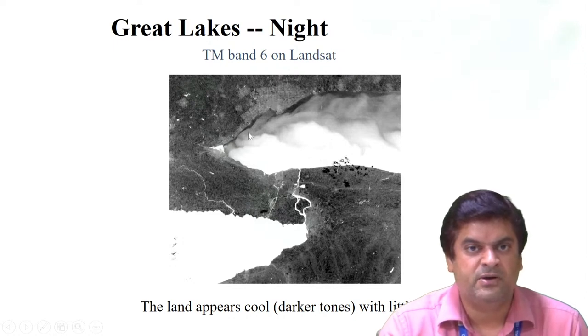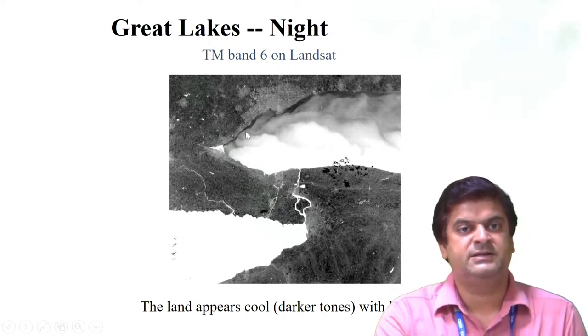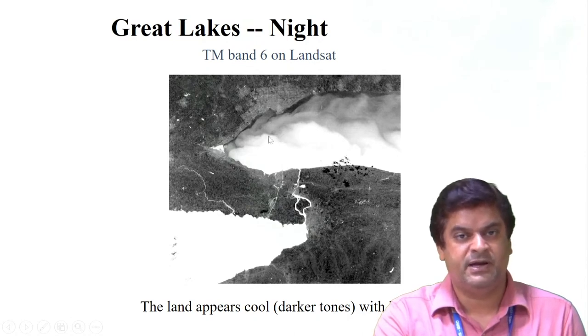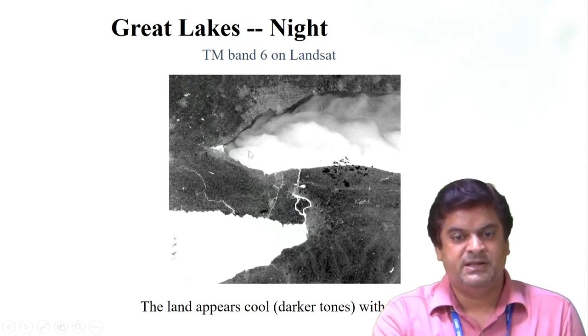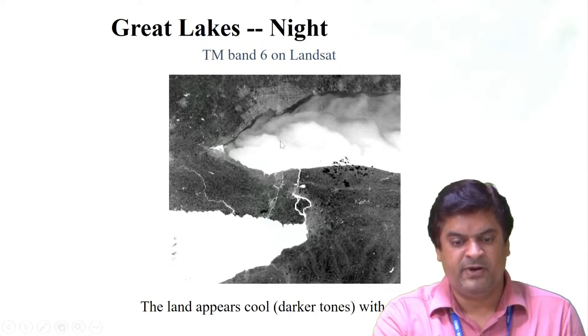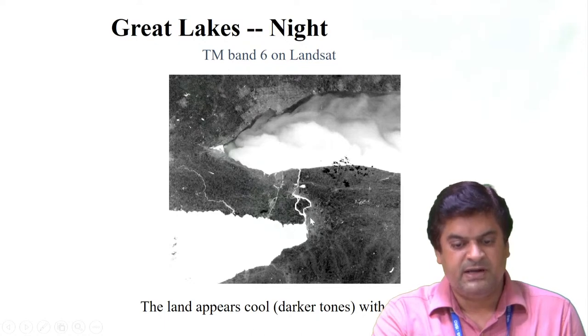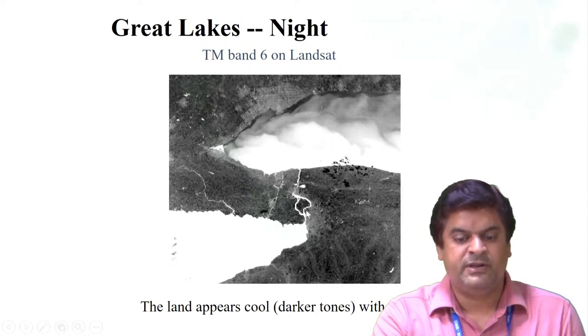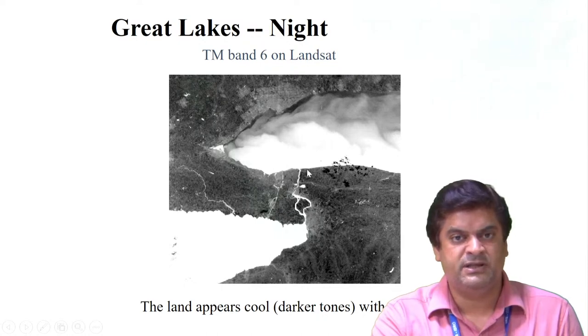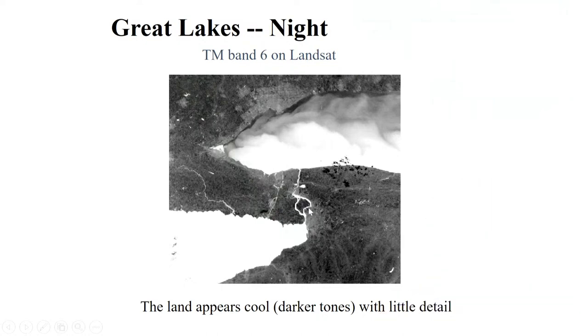This is an image of the Landsat TM data set. Band number 6, a nighttime image, was taken for the Great Lakes. Here you can see that the water is appearing very bright, and even when the water bodies are connected through a channel, in this channel also water is appearing very bright, and the land is appearing dark because less emissivity is there